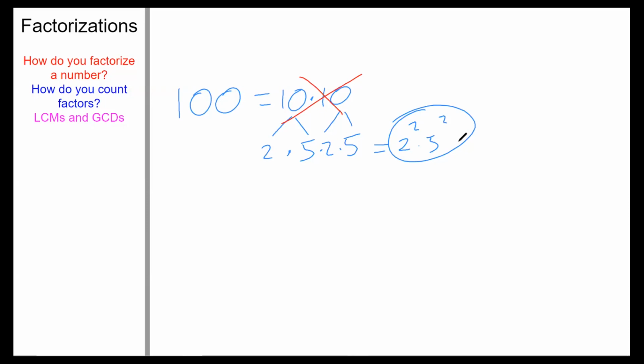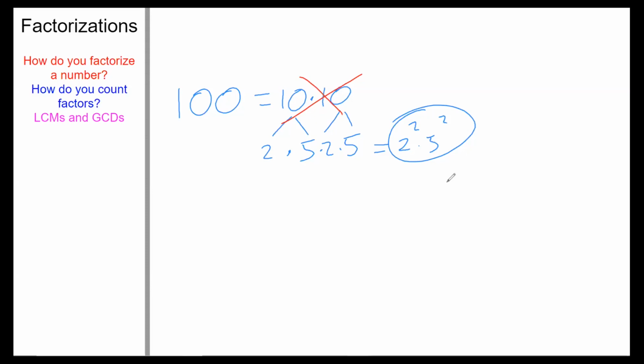So how do you count factors? Well, you could start by listing them out. Can anyone list all the factors of 100? 1, 2, 4, 5. Yes. 10. 20. Yes. 25, 50, 100. I think we got all of them. So